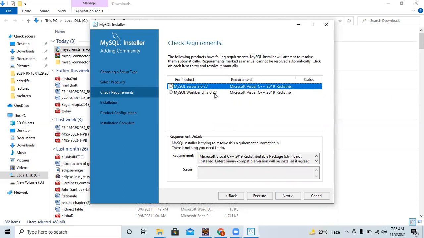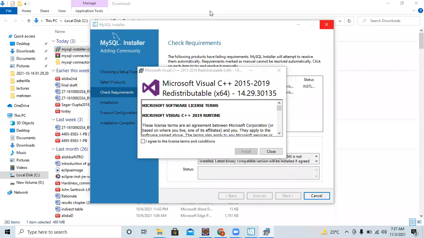You can just click on this execute button simply. So just click over this execute button and you can see the status downloading 6%, 8%, and so on. And after some time, MySQL Server 8.0.27 will be downloaded. So when the downloading is completed, then this installer will try to install this MySQL server on your